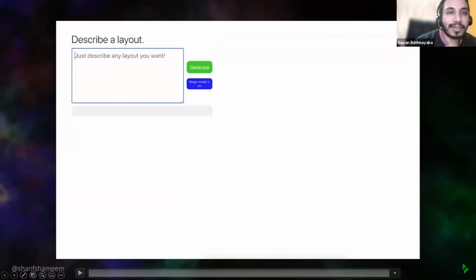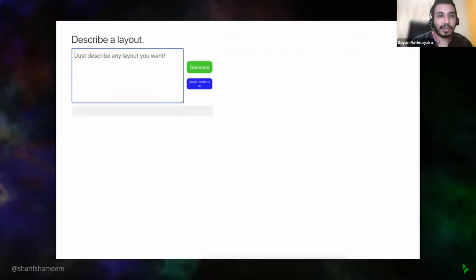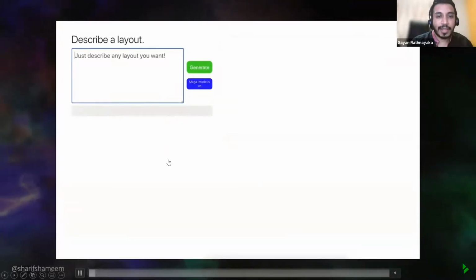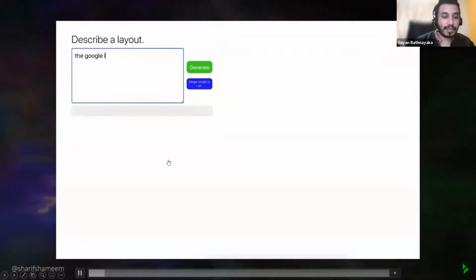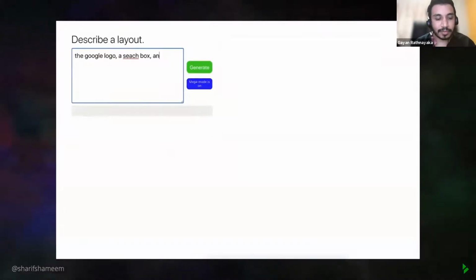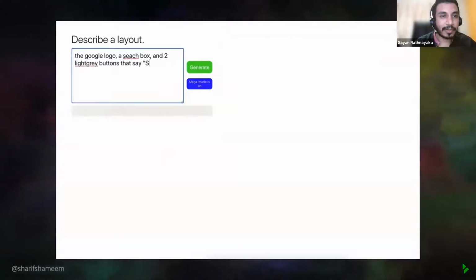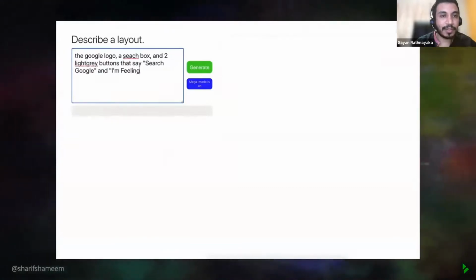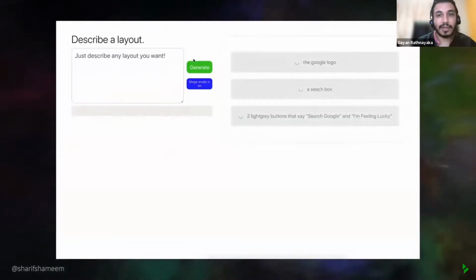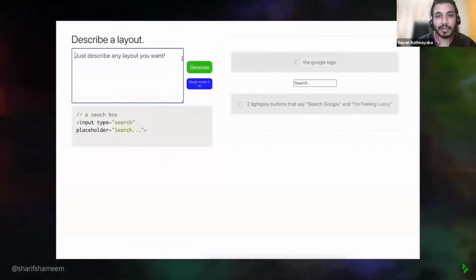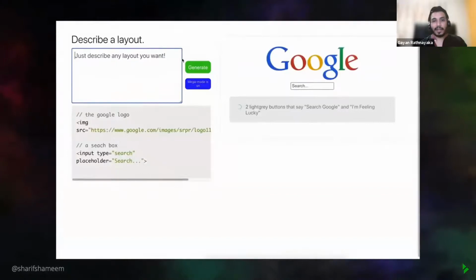Okay, we'll quickly have a look at what the capabilities of GPT-3 are. Here we are typing something like, the Google logo, a search box, and two light gray buttons that say search Google and I'm feeling lucky. Okay, and you hit generate and voila, we got our output, right?